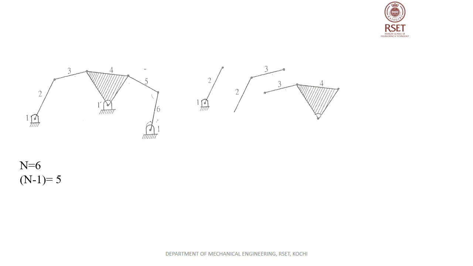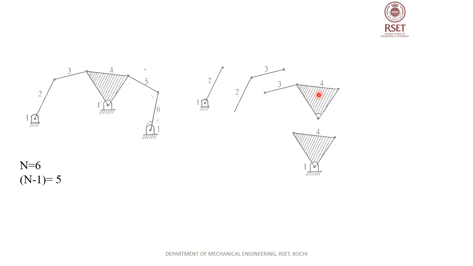Now the next kinematic pair, 3 and 4. Here link 3 is a binary link, link 4 is a ternary link. We can see that link 4 can be connected to another 3 links, and these form revolute pairs or turning pairs. That's why link 4 is considered a ternary link. If I fix link 3, 4 can be rotated. If you fix link 4, 3 can be rotated. So that is the case for this kinematic pair. It is also considered a turning pair or a revolute. So 3 and 4 is a turning pair or a revolute, and it has single degree of freedom.